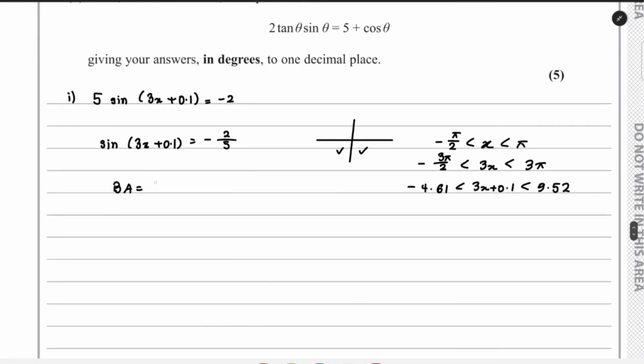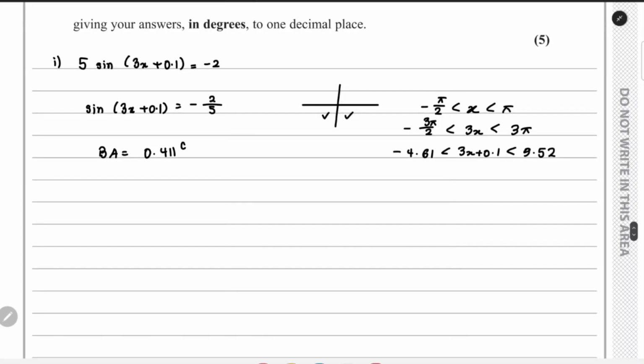So the basic acute angle is 0.411 radians. Now if we go for the positive rotation,